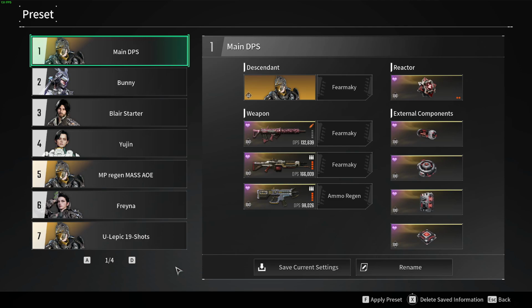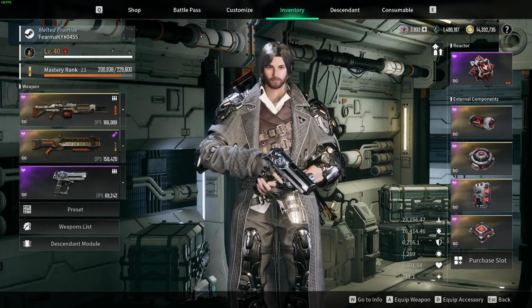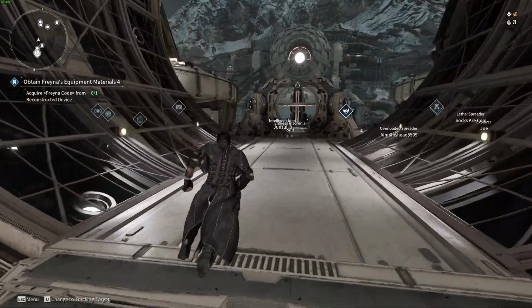One thing I will share with you: the moment I put on the reactors and mods for my character, the first thing I do is Sterile Land. I go and do the waves. And just so anybody is